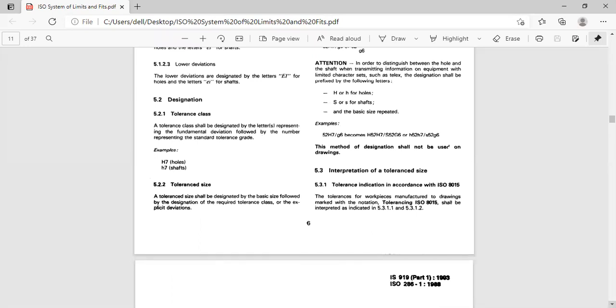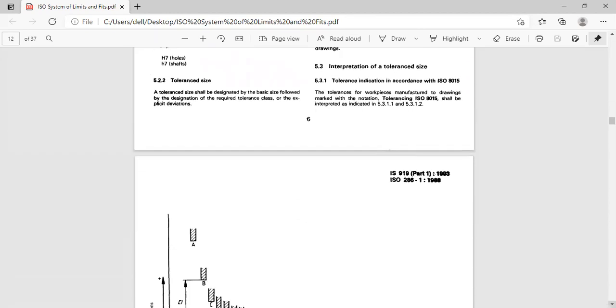So he has given some numbers. You don't try to remember the numbers, ISO numbers like 8015. Like I already told you, 3484 and 3485 will be representing the holes and shafts as per the ISO standard. So you just have to have a knowledge, at least Indian standard IS. IS is Indian Standard, ISO is International Standard Organization. That's very important. So that is how you can represent.